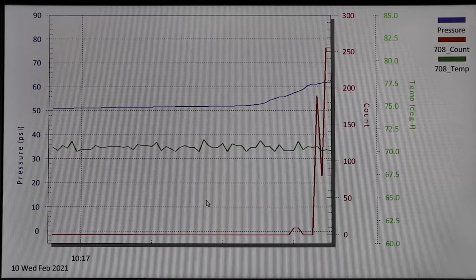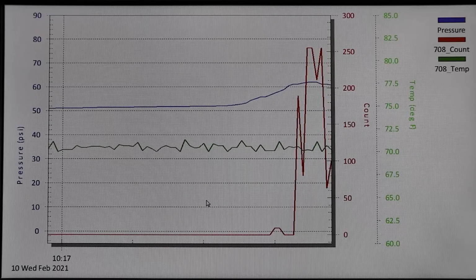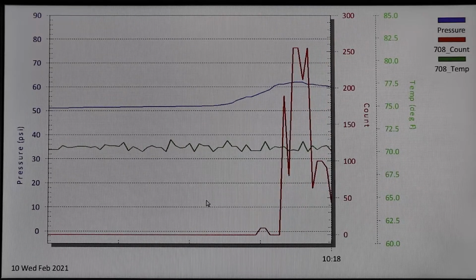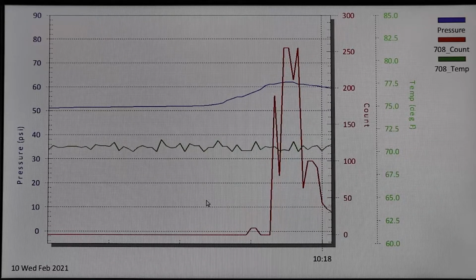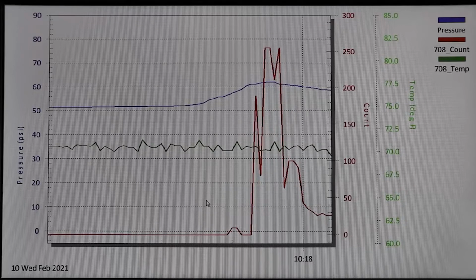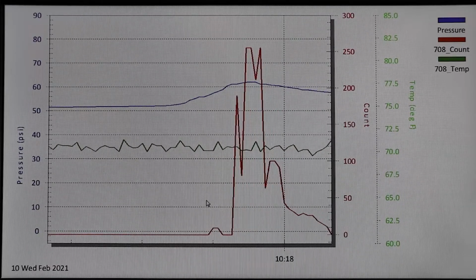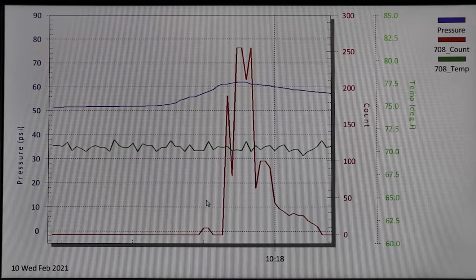Starting at the 10:17 time mark, you will begin to see a gradual increase in the system pressure as indicated by the blue line moving up. At this point, the pressure is below the relief valve set point of 60 psi and the valve is containing the increased pressure. The valve remains closed and is indicated by the zero data count in red from the acoustic